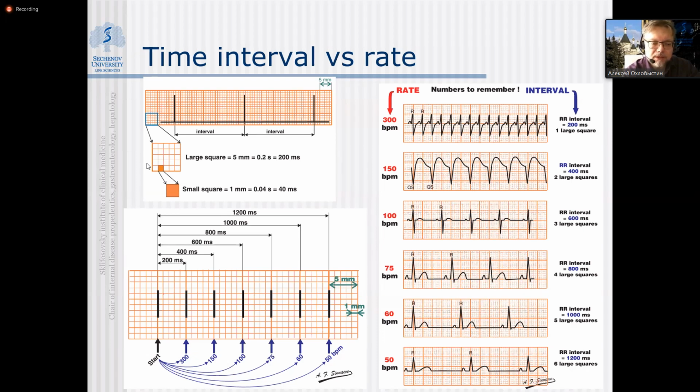So, for instance, if the distance between the complexes is 200 milliseconds, the complexes will be very close one to another. In that case, it means that the patient has tachycardia, and that will be equal to